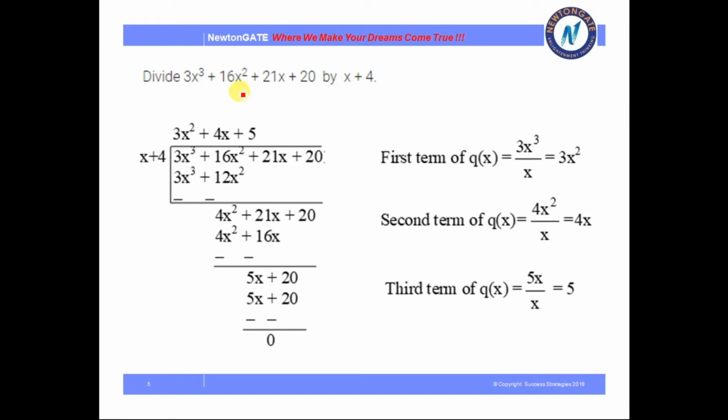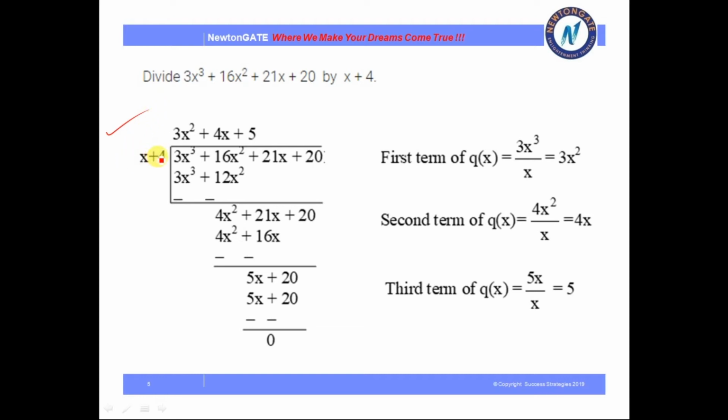So to find that, what do we use? We use a process called the long division method. Now we all know the long division method in case of arithmetic, like if we have to divide 10 by 2, we know how to divide it in the long division process. But here we need to divide a polynomial by another polynomial, and the process we will be following is the same as the long division method.